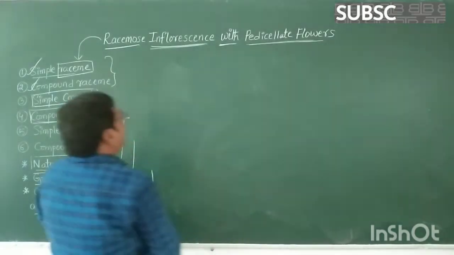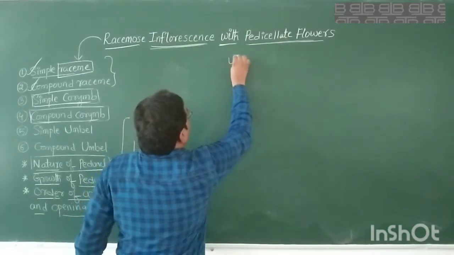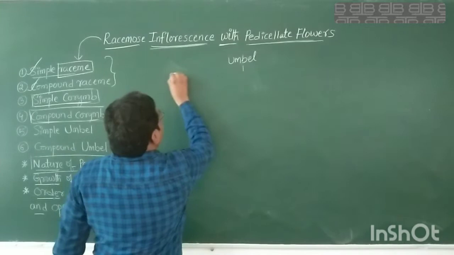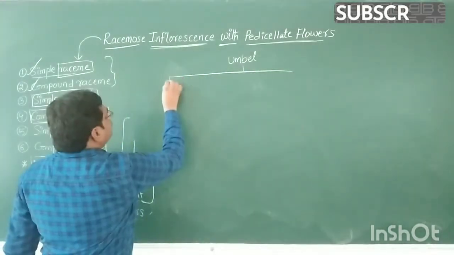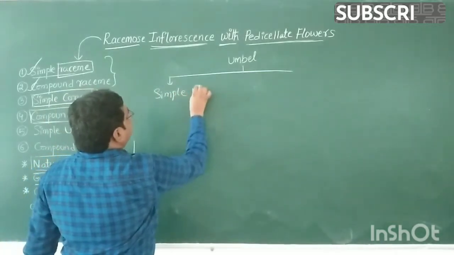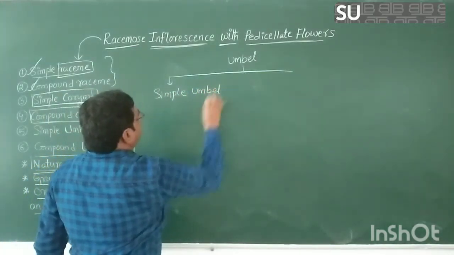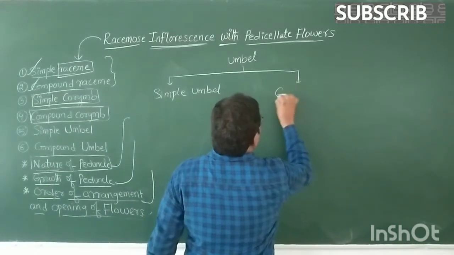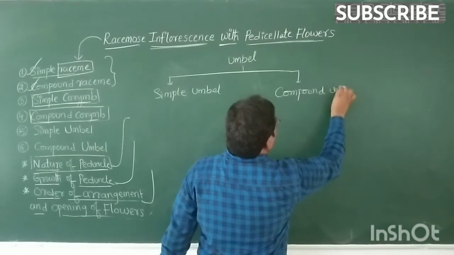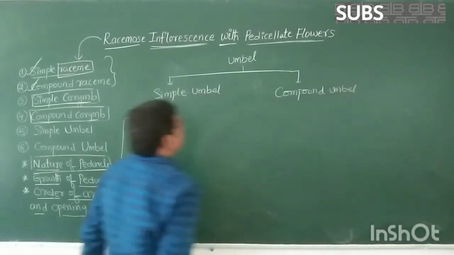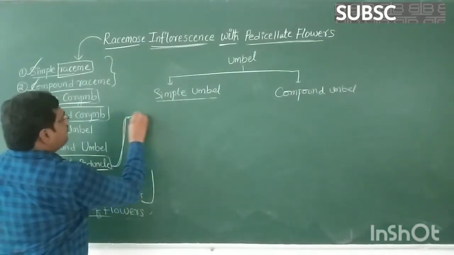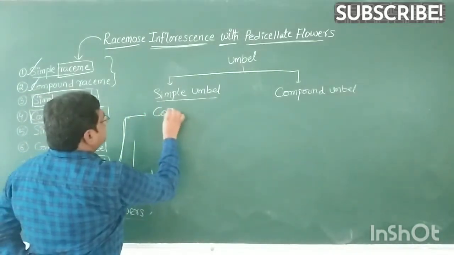Shape, that is the umbel. The umbel inflorescence is classified into two main groups: simple umbel and second one is compound umbel. See here, in a simple umbel, the nature of the peduncle is condensed